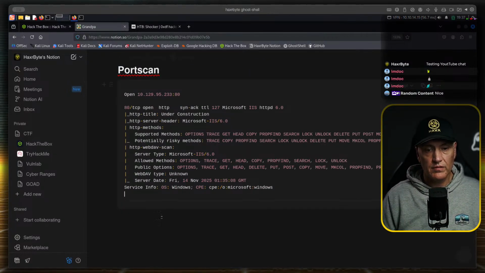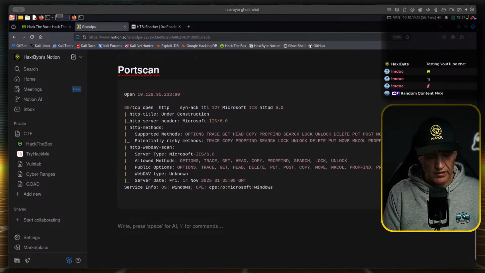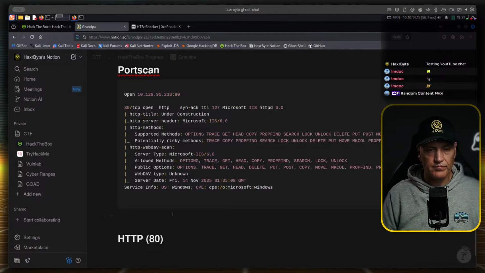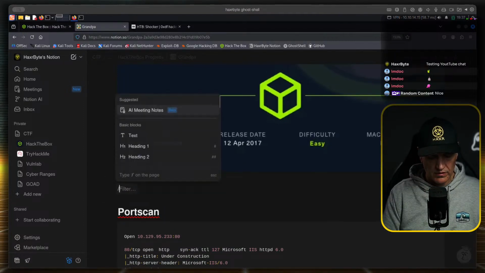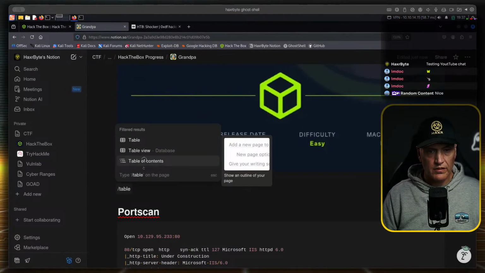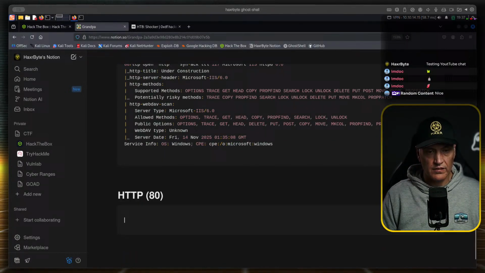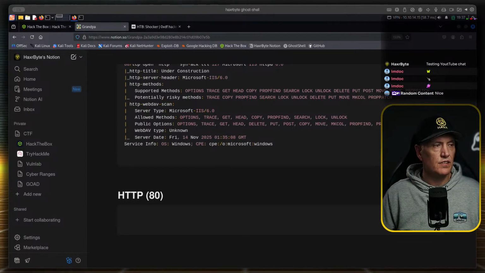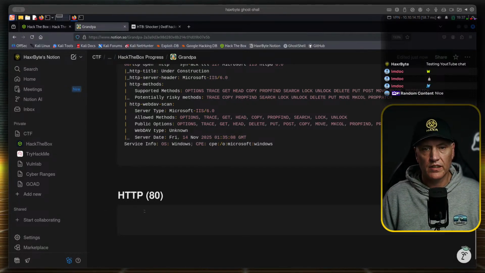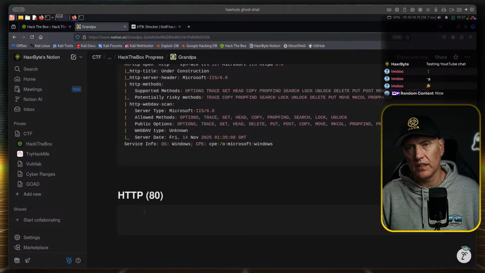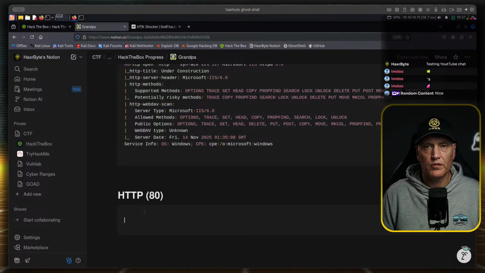Okay, so we've got one port open, which limits our footprint a bit, but it's running HTTP on port 80. Let's do a Notion table of contents, just makes it easier to click through. You don't need to use Notion, I'm just using it as a tool. You can use any note-taking tool. I like to use Obsidian, which is also a tool where you can use Markdown language. But yeah, Notion just does the job for now.